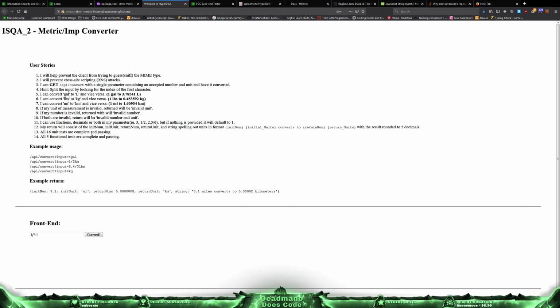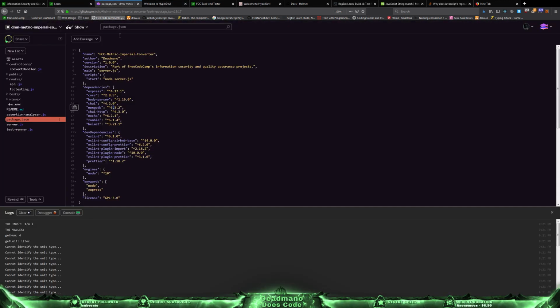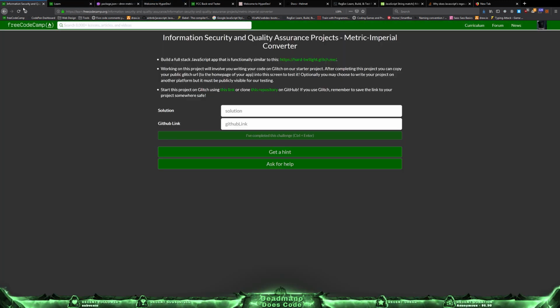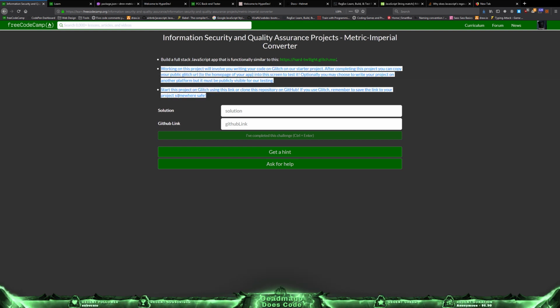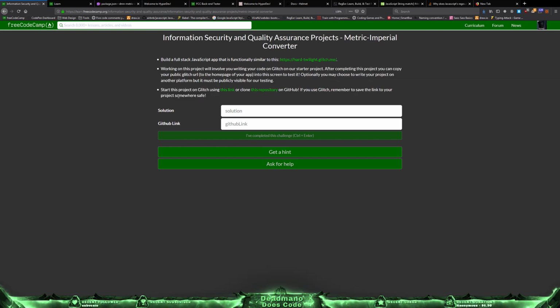I've still been, these last few sections on Free Code Camp have been awful. I'm sure you remember. The lack of documentation, the lack of explanations. The fact that we have all the information here, but there's nothing here on the project page that just shows you. And you want to know the best part, Christopher? They say that the app needs to be functionally similar to this. Then you click on the link, right? Check this now. You click on the example and they say it should be functionally similar to this. And when you go there,